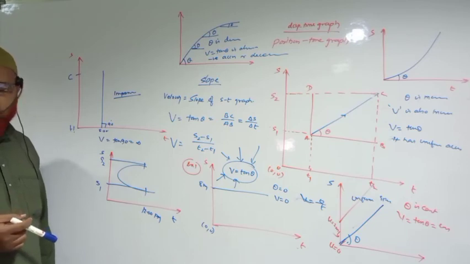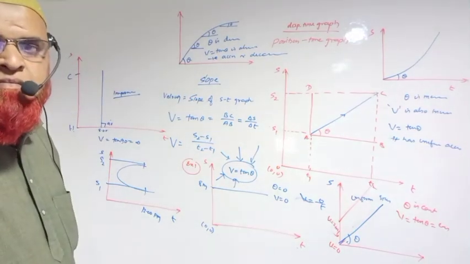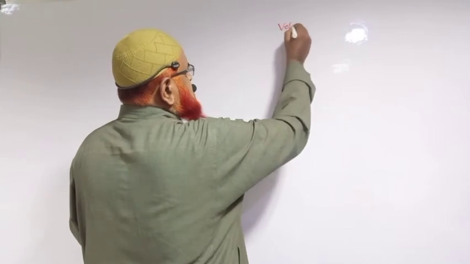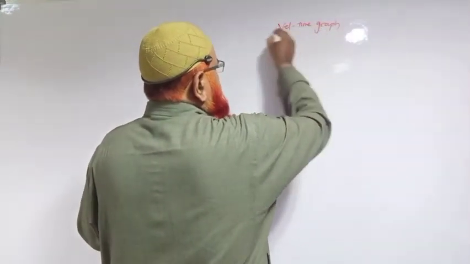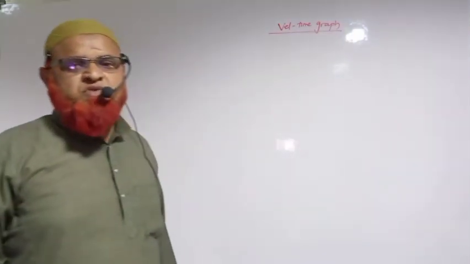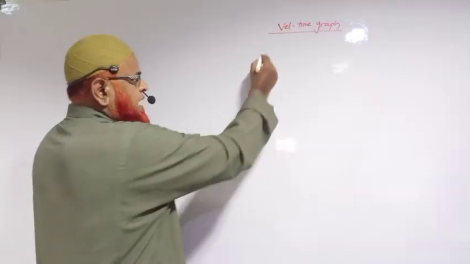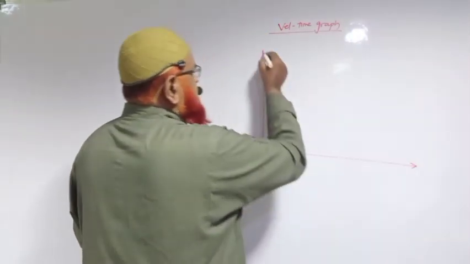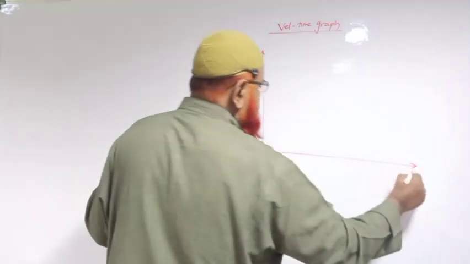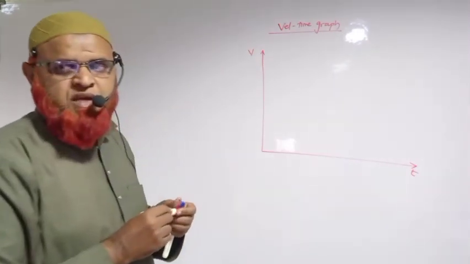Okay? That's it. So these are some of the examples to make you understand here. Next thing we shall discuss here is the velocity time graph. Position time graphs we have already discussed. This is called the velocity time graph. And how are we discussing this velocity time graph? So here this is velocity and this is time. The x-axis represents time and the y-axis represents velocity in this case.